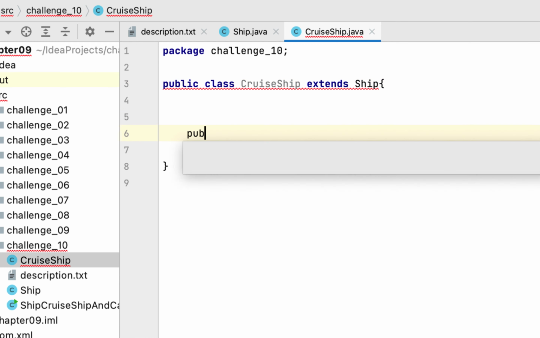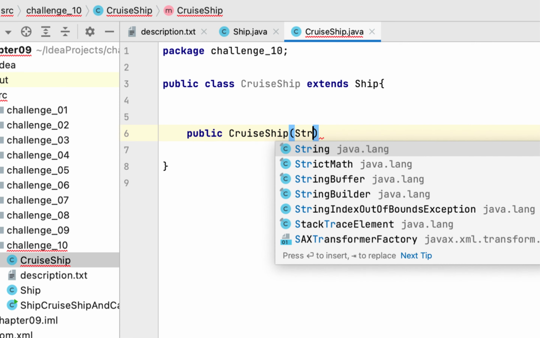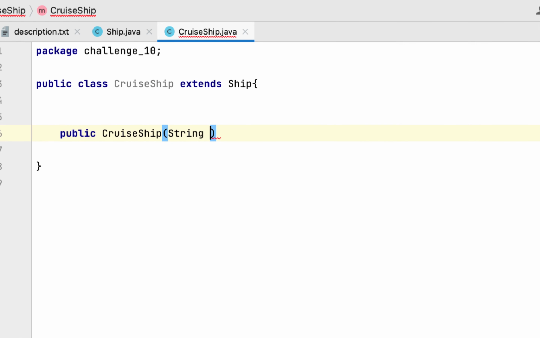So we have to create the constructor for this class, CruiseShip. It will take a String name, String year built, and we also need to add,